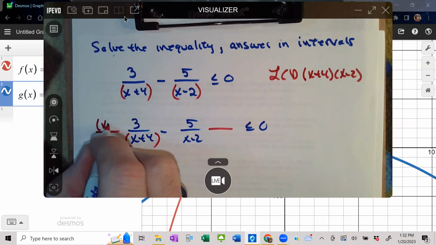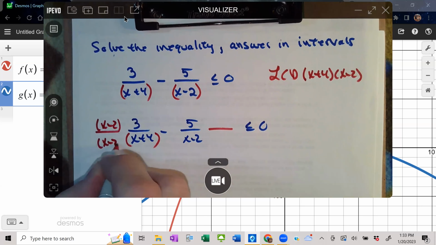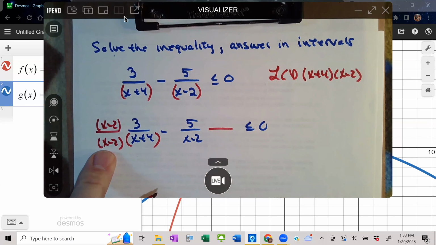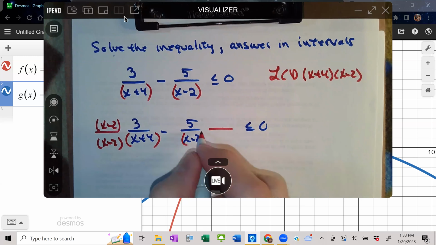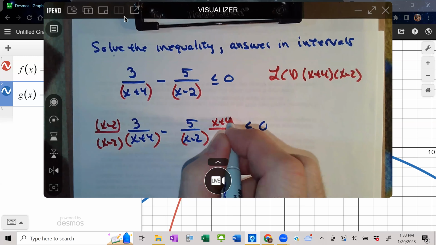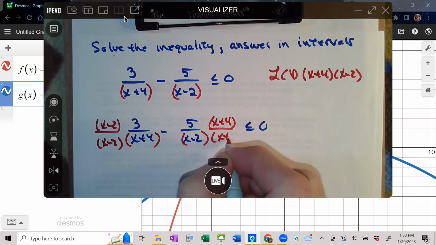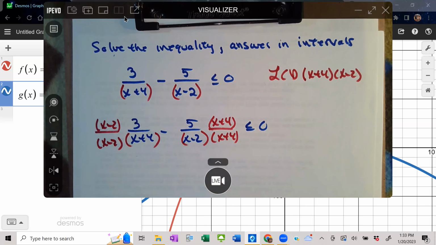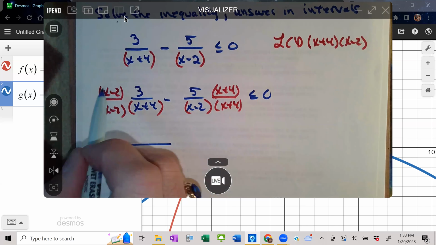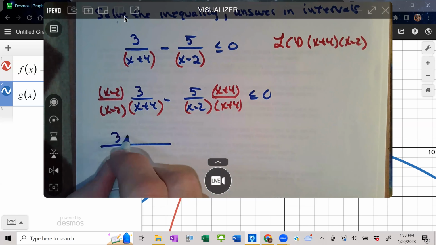So I'll multiply by x minus 2 over x minus 2. So you're multiplying by 1. Over here, I'm going to multiply by x plus 4 over x plus 4. So let's distribute the 3. That's going to give you 3x minus 6 over x minus 2 times x plus 4